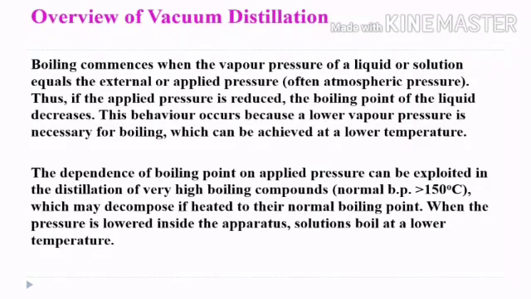This is achieved by using the aspirator or vacuum pump. The lowering of the pressure enables the component to boil at a lower temperature. Once the vapor pressure of the component is equal to the surrounding pressure, it is converted into vapor. Then the vapors are condensed and collected as the distillate. The vacuum distillation method is also used to obtain high purity samples of compounds that decompose at high temperature.